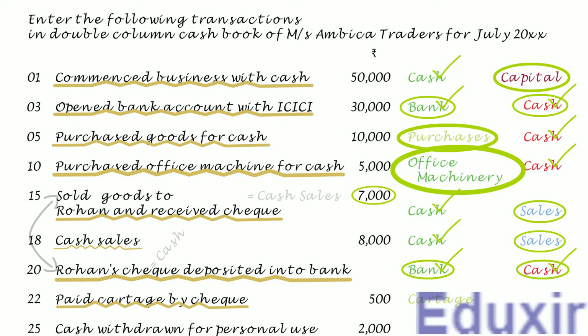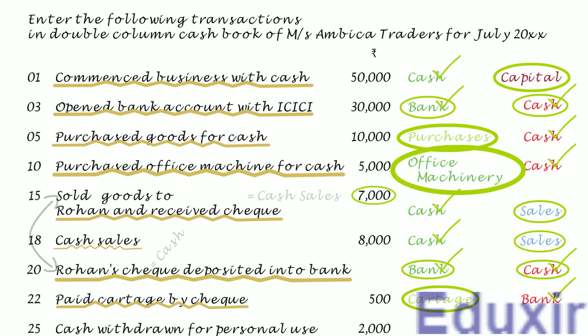At the same time, as the payment of the cartage is done by issuing a check or through bank, the bank asset of the business will be decreasing. The rule to record any decrease in the asset is to credit the corresponding assets account. In this case, the bank account should be credited. In this transaction, as you can see, the bank is on the credit side. So it needs to be posted on the credit or payment side of the cash book and in the bank column. Note that the particulars that need to be posted into the payments column of the cash book is cartage.